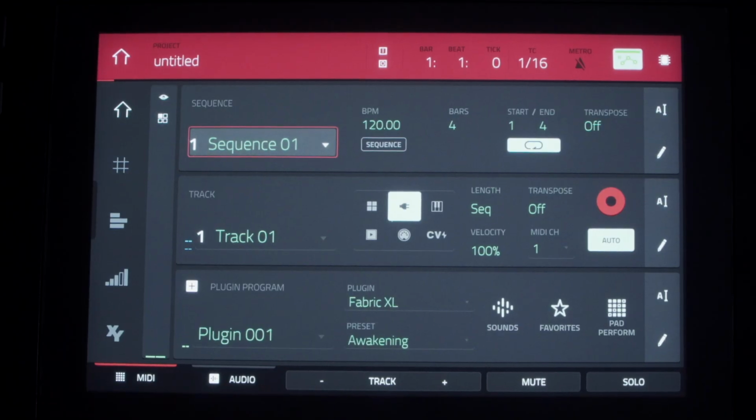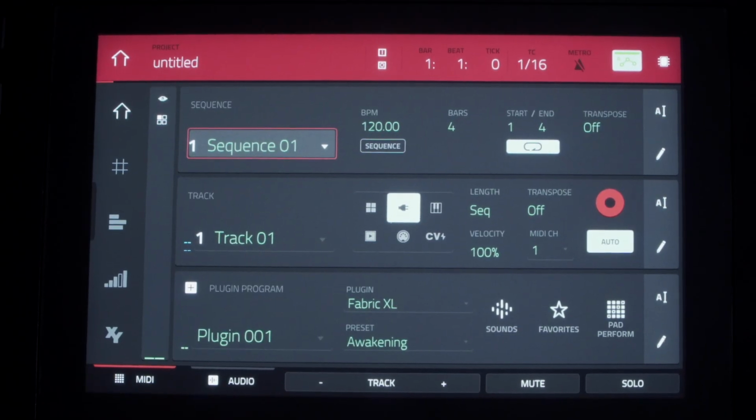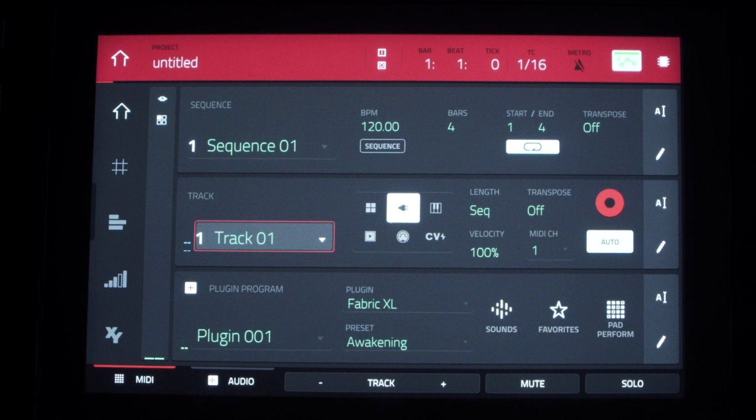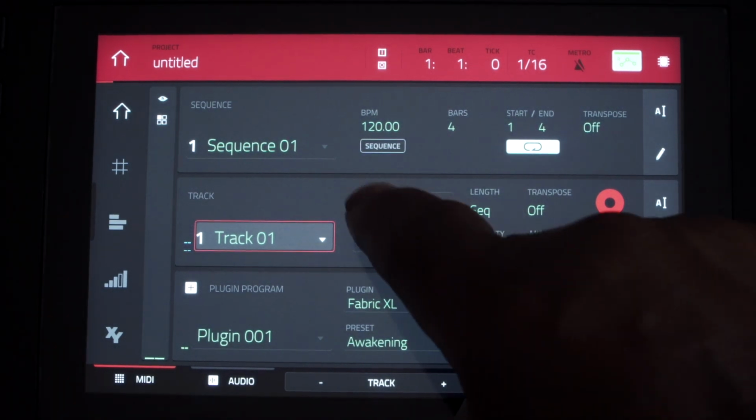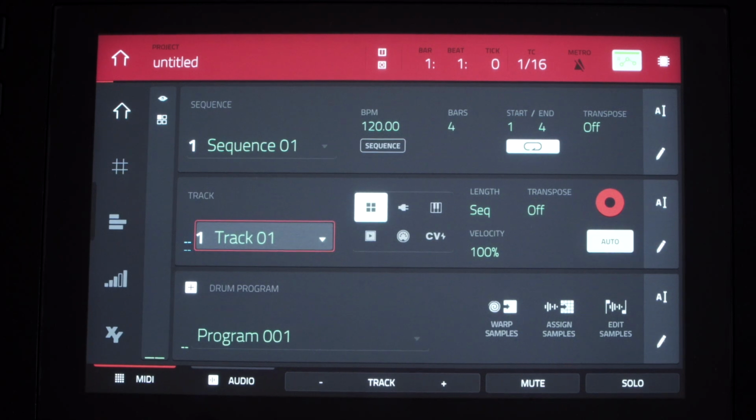In the main sequence, I have nothing here, completely empty. So here, I got a track. My track is set to plugin. I'm gonna make sure this is set to program. And now you'll see here, new program. So when you first start off, you wanna pretty much make a brand new program, select some drum sounds, and